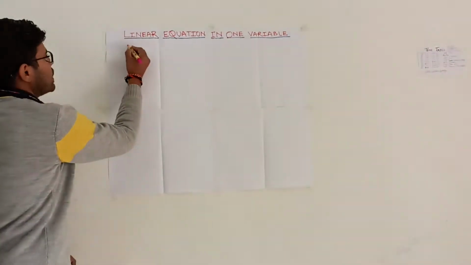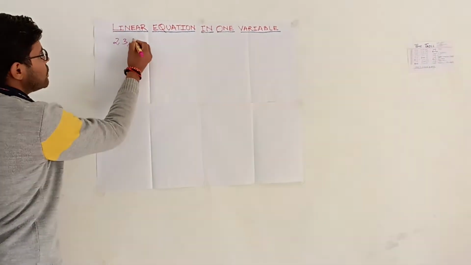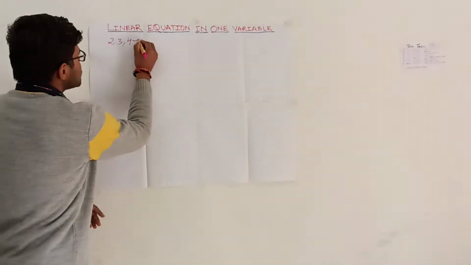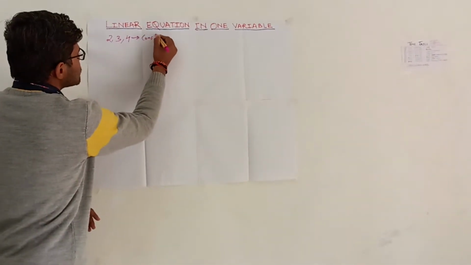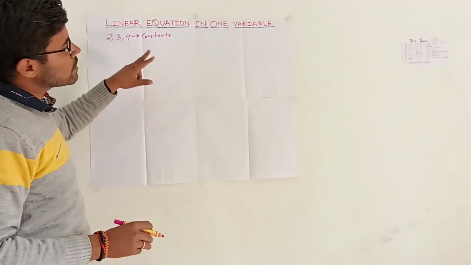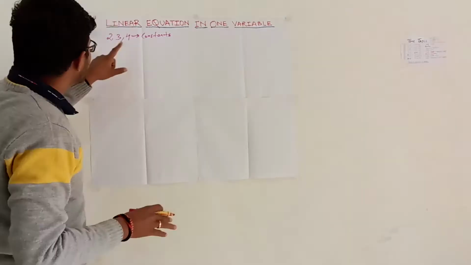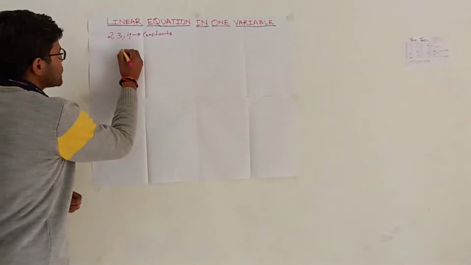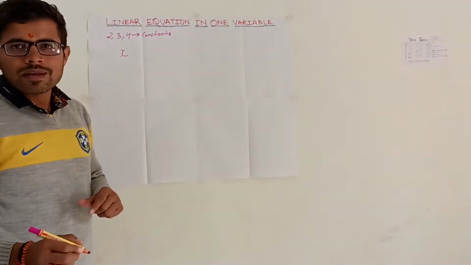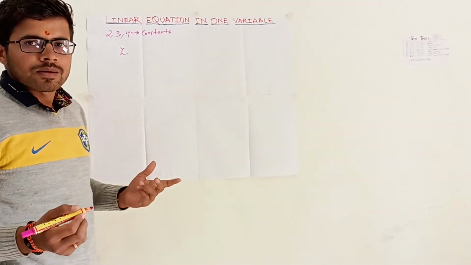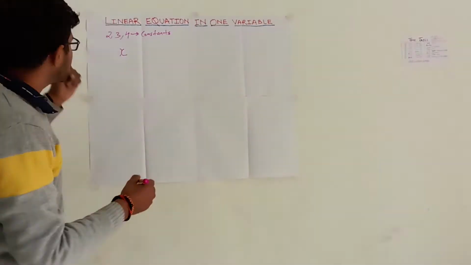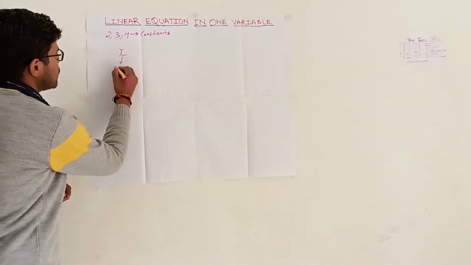Suppose a number like 2, 3, 4. The exact value of these numbers we know. So these are known as constants, because their value is not going to change and the exact value we know. But suppose I give you x. What is the value of x? Anyone can tell me? Nobody will be able to tell because it doesn't have any particular value. So this is known as a variable.